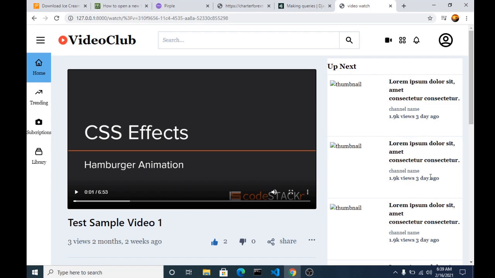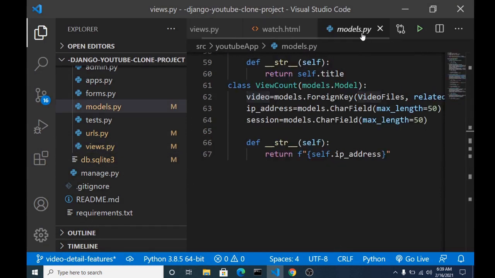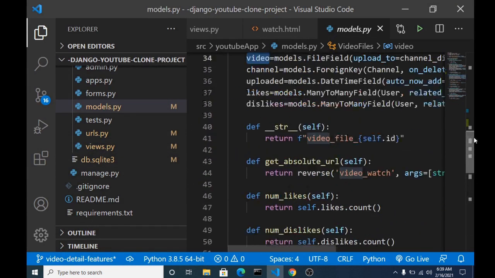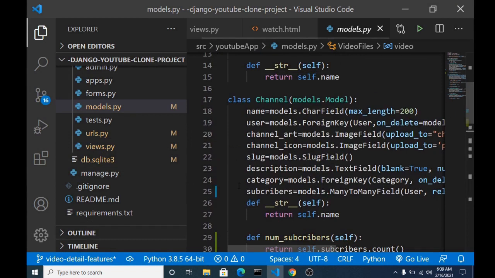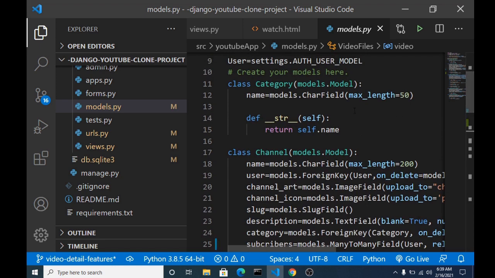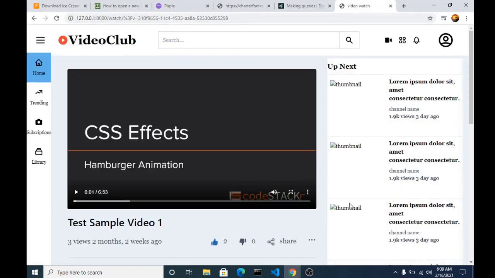similar videos. And the way we can do that, I remember in our model, when we created the channels model, we created a category relationship with a category model. So I think the best way is for us to get similar videos, or videos that belong to the same categories of channel. In that case, if someone is watching a programming video, suggested videos will be videos that are also related to programming, because the channel is about programming. So other channels that have programming videos, we have their suggested videos by the side.